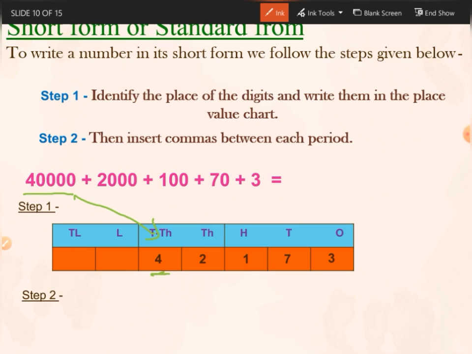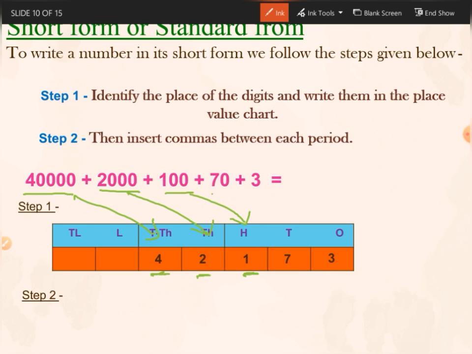Then we have 2,000 which belongs to thousands place. So 2 will come at thousands place. Then we have 100 which belongs to hundreds place. So 1 will go at hundreds place.